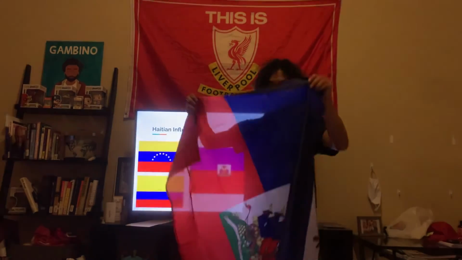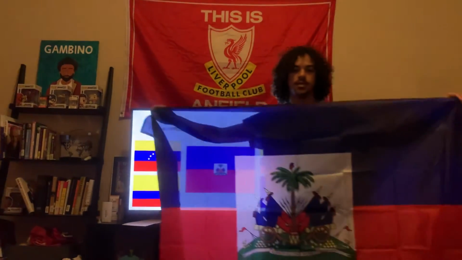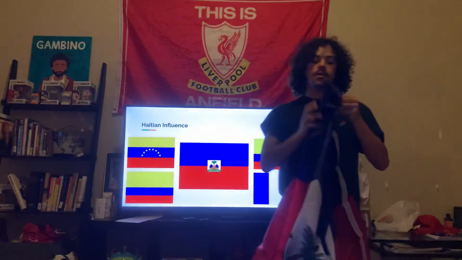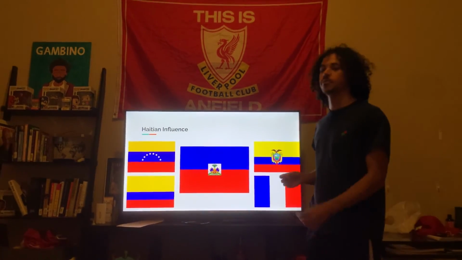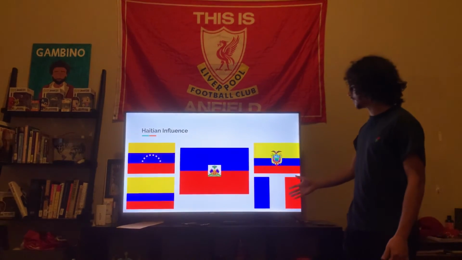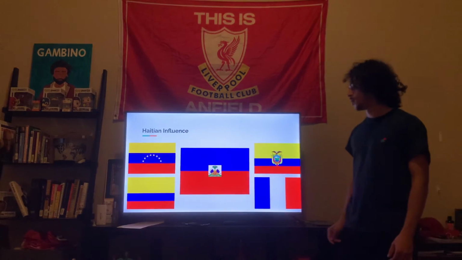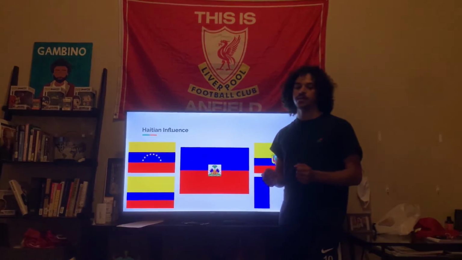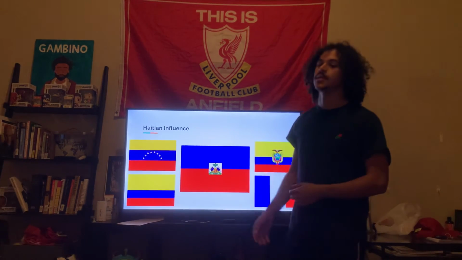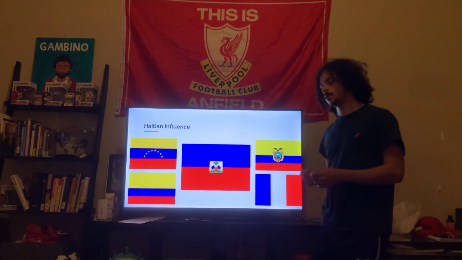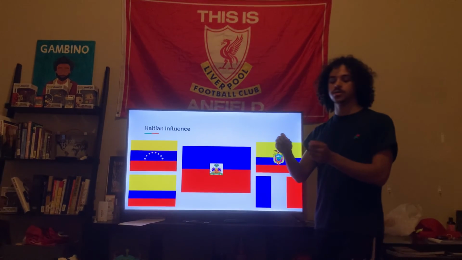So its origin is that they were colonized by France, and Jean Jacques, one of the leaders of the Haitian Revolution, was having a protest, and he asked for someone in the crowd to bring him a French flag. This is the French flag. As you can see, it has 3 stripes of blue, white, and red. He asked for them, and the Haitian people are of dark color, and the French, the colonizers, were all white. He said that he was going to cut the white out of Haiti. So he used a knife, and he cut the white out, and his goddaughter